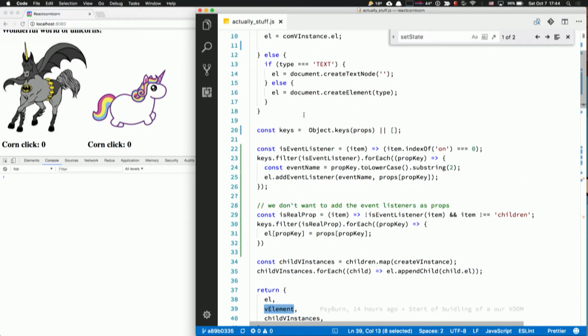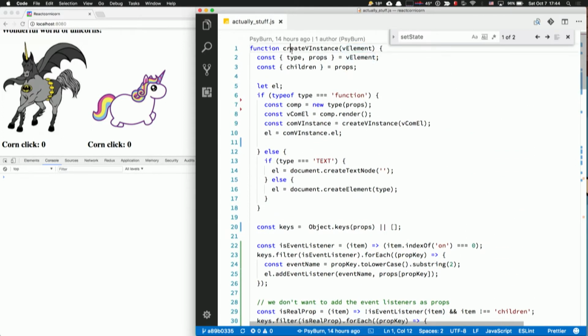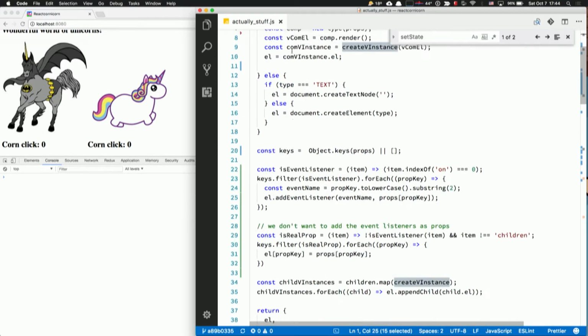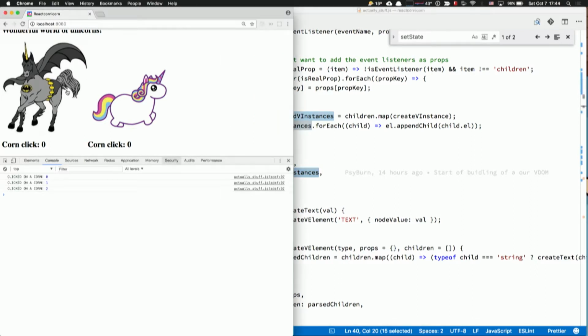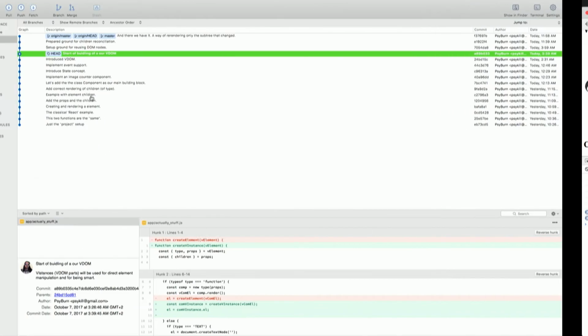So our create element function now creates a virtual instance, which consists of the element, the virtual element, and the child instances, which are again instances of children of children. And again, this works the same. Now we have an in-memory representation that also has DOM elements, which we can easily access to change stuff that changed.